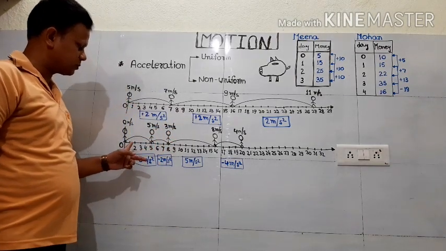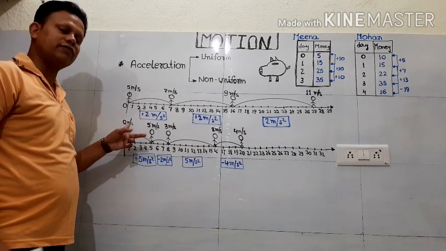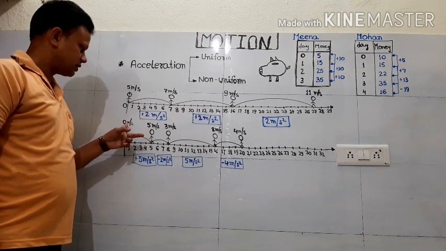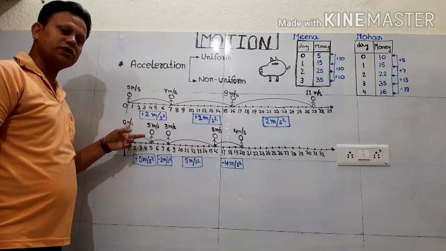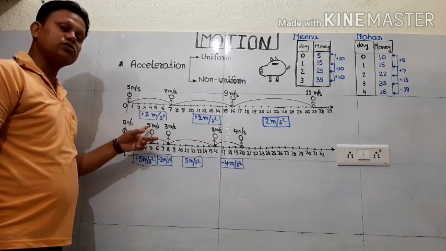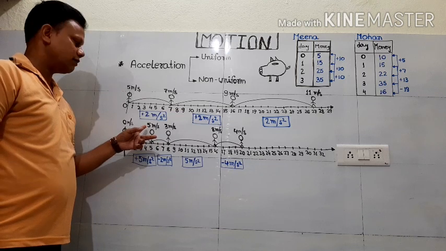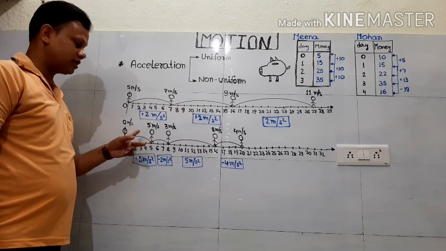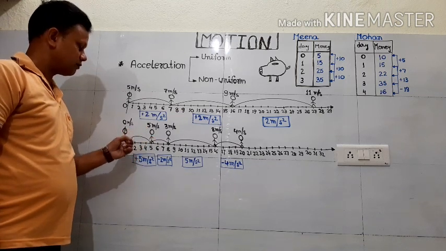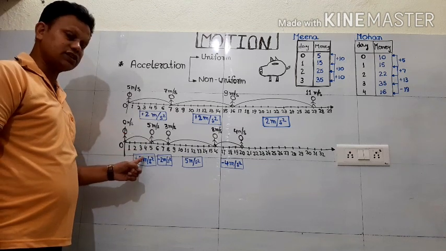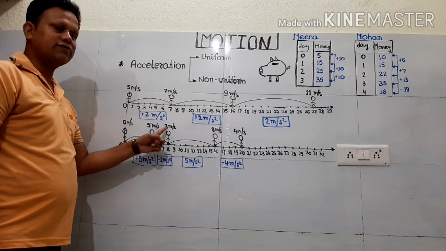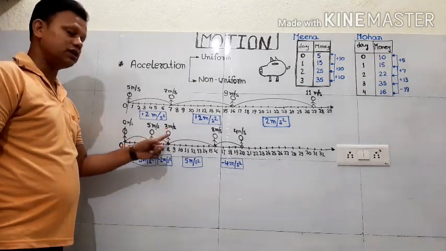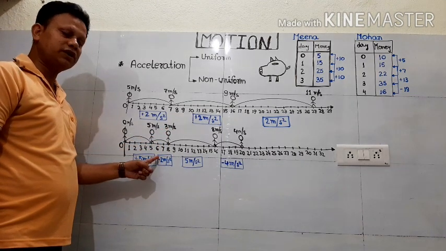Here you can see the speed somewhere is 0. Suppose that when we start our observation, the speed is 0 meter per second. You can take any value, but right now I am taking 0 meter per second. After one second, suppose the speed I am observing is 5 meter per second on a straight path. So the speed changes by 5 meter per second square. After the next 1 second, it has acquired a speed of 3 meter per second only. So now there is a decrease in the speed, -2.